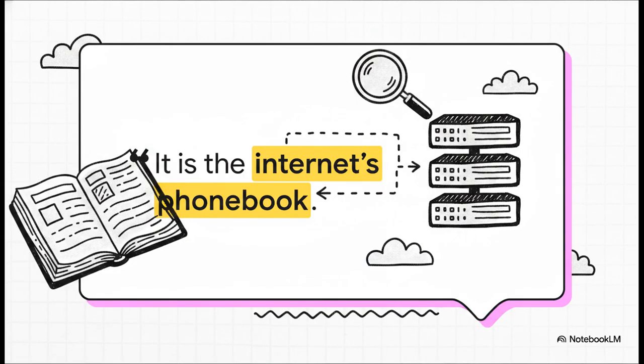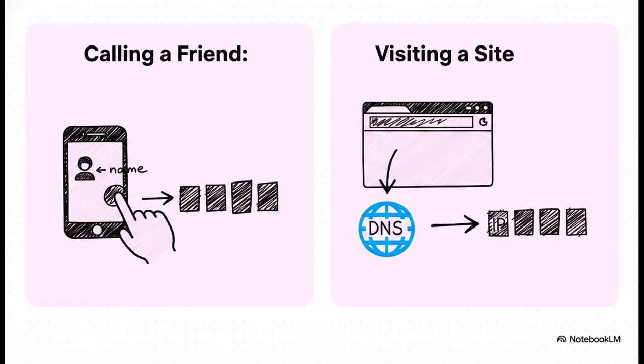Honestly, this phone book analogy is the absolute perfect way to get it. It's simple, it's powerful, and it's essential for finding anyone or anything on the network. And the parallel is almost perfect, isn't it? You don't memorize hundreds of phone numbers, you just tap a name in your contacts list. It's the exact same idea here. You don't need to memorize a bunch of IP addresses, you just type a familiar website name, and DNS automatically looks up the correct number for you.